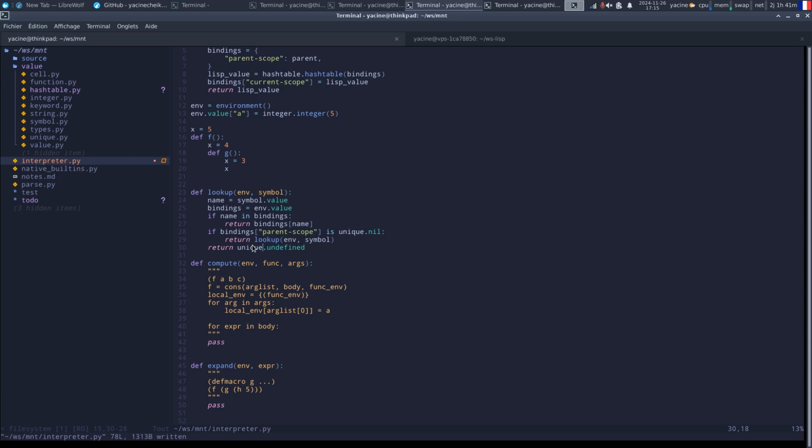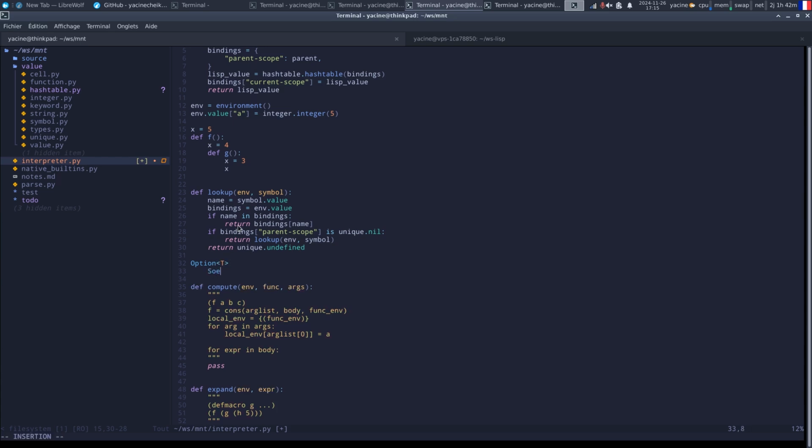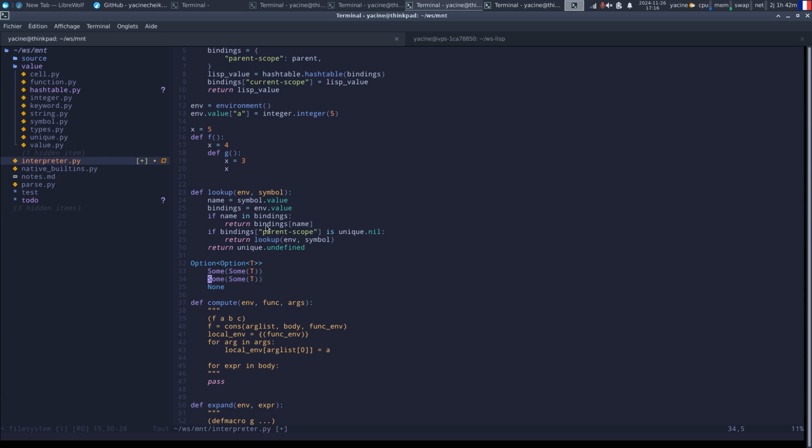So if we were in Rust, we would use the option type, and the option type is either some with a value or none, and this type can be nested, so I can put an option inside the option, and then I get this or